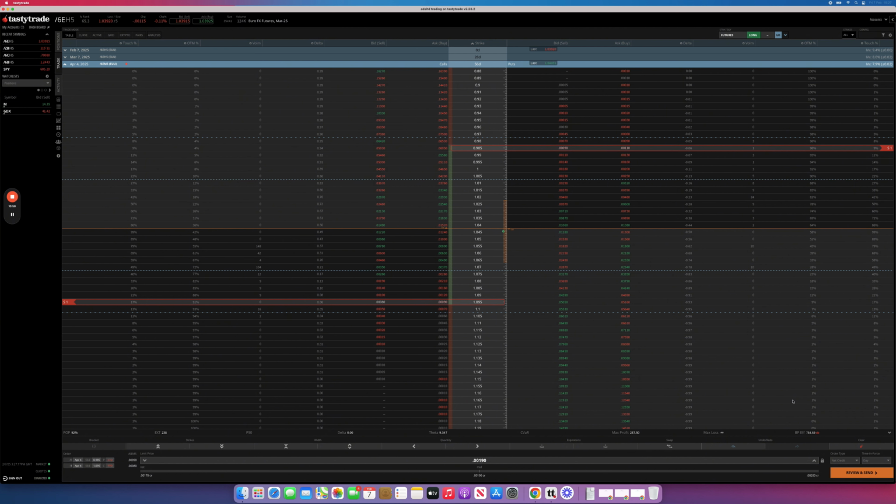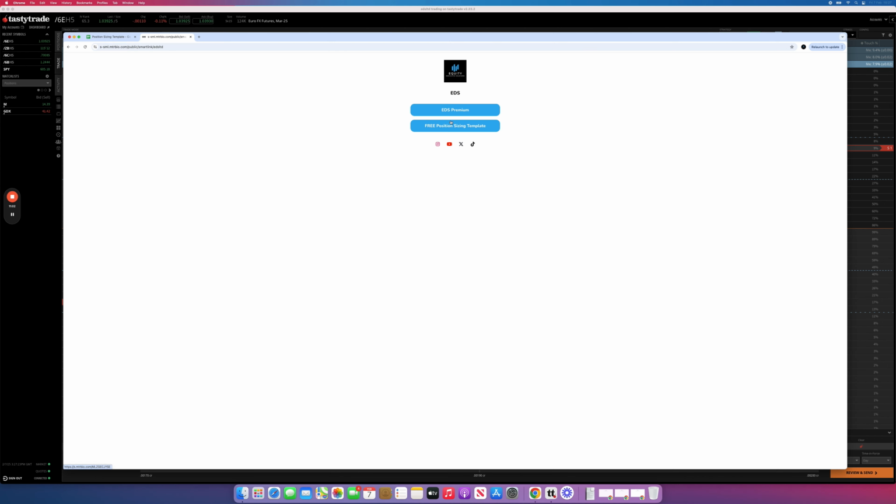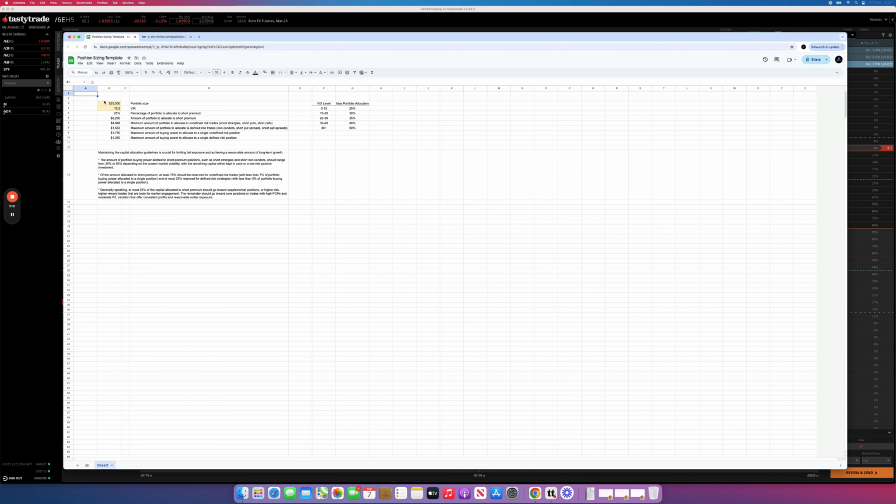So how much buying power should you be allocating to your positions? Well, in order to figure that out, we've created a free position sizing template that's available for everyone to get a hold of. The link is in the description. Just click that button and it will take you over to this spreadsheet. And the way it works is you enter in the size of your portfolio at the top. So say if you have a $50,000 account,